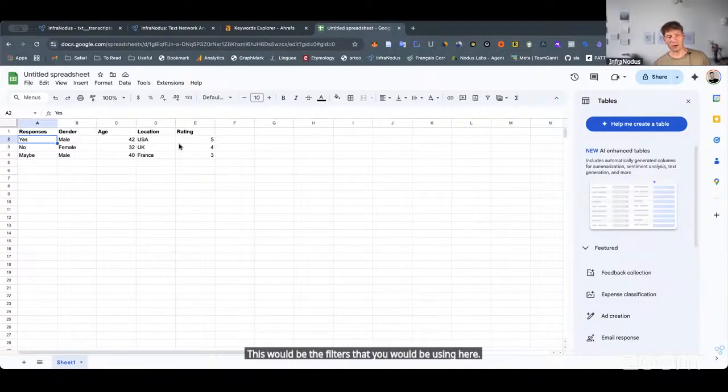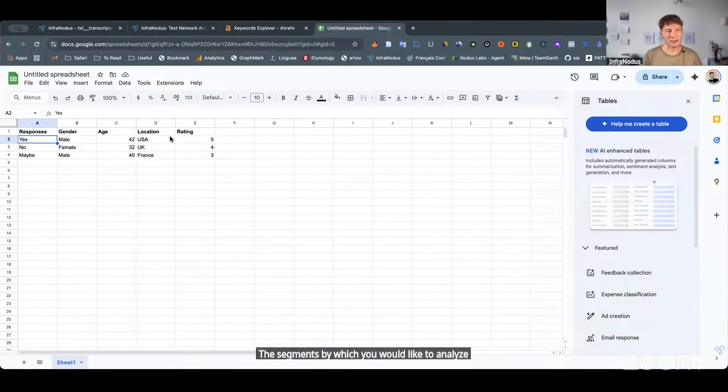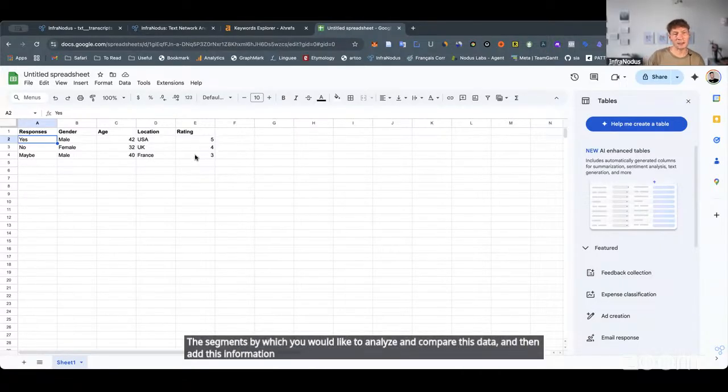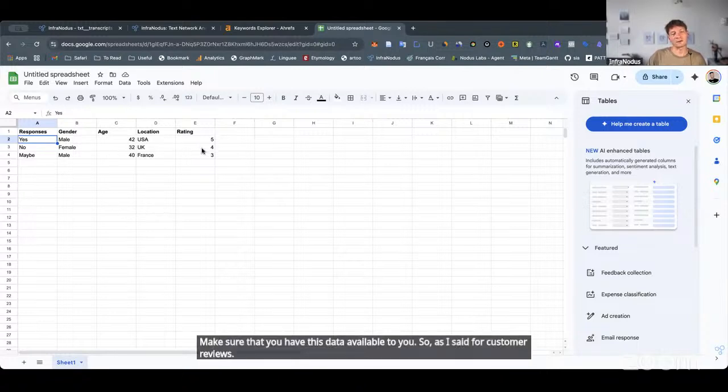So this would be one way to prepare it. Just choose the segments by which you would like to analyze and compare this data, and then add this information into the system. And when you export it from external tools, make sure that you have this data available to you. So as I said, for customer reviews, it can be pretty useful to analyze by rating and location, for instance,